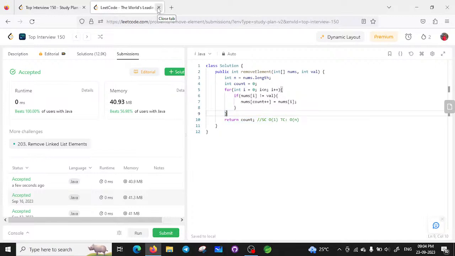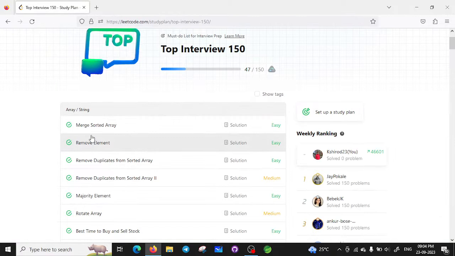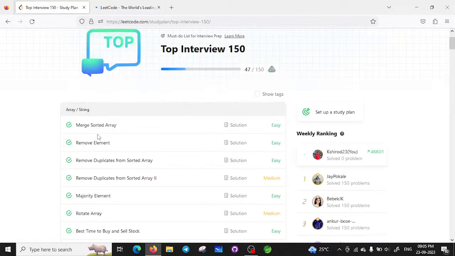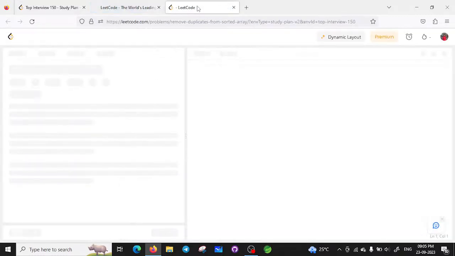Alright guys, so we have solved 2 questions so far. Let's move to the third question: Remove Duplicates from Sorted Array and Remove Duplicates from Sorted Array 2. These are like 2 variants. In an interview they might ask this easy question first, and then in the follow-up they can